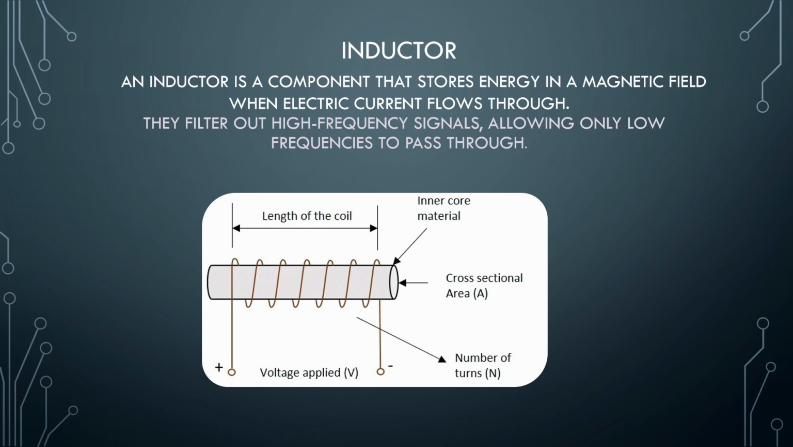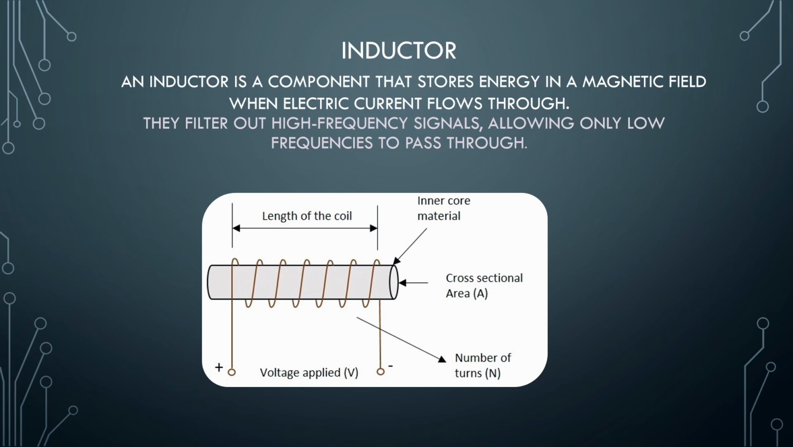The amount of energy stored is proportional to the square of the current. When the current changes, the magnetic field also changes, inducing a voltage that opposes the change in current. This phenomenon is known as Lenz's law. There are different types of inductor. First of all is the air core inductor, which is made without a magnetic core, suitable for high frequency applications. Another type is the iron core inductor, which uses a magnetic core to increase inductance, commonly found in power